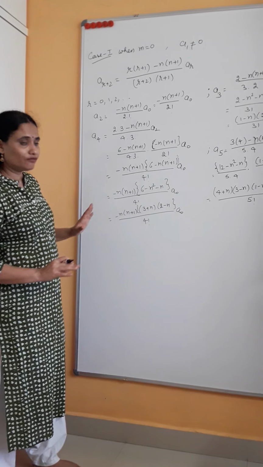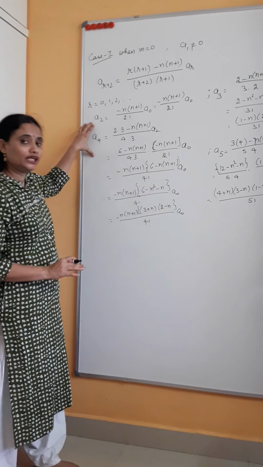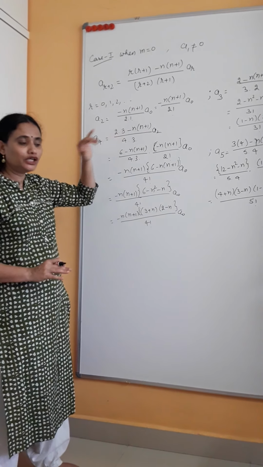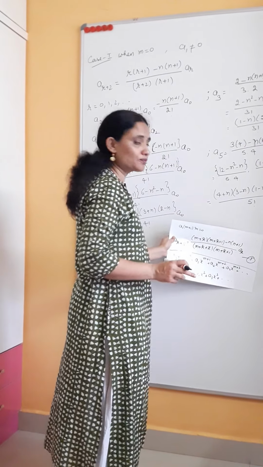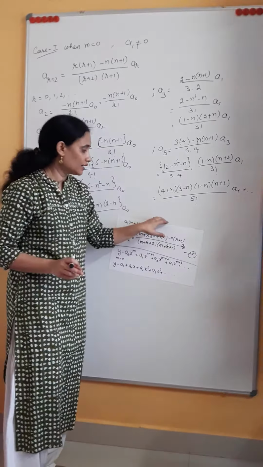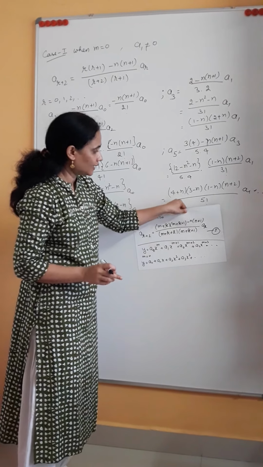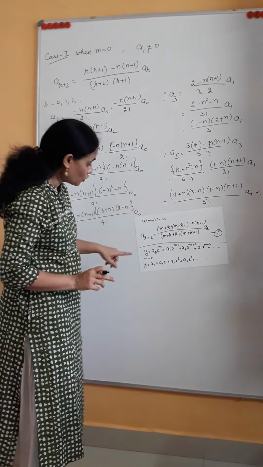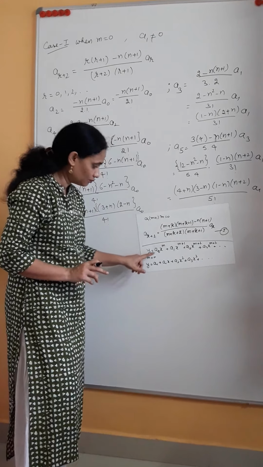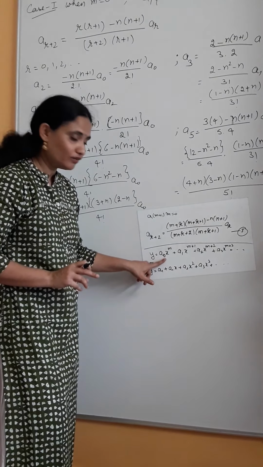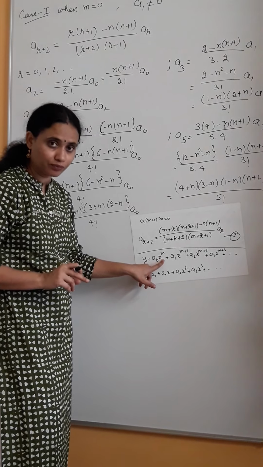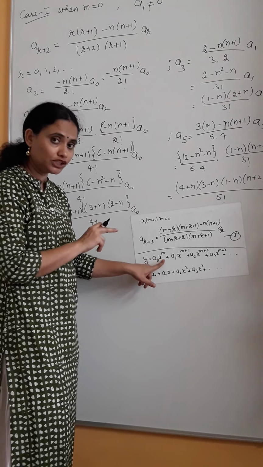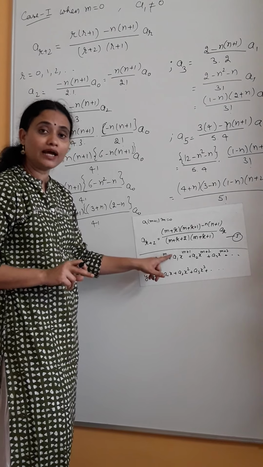So what basically we are doing? We are substituting these constants in equation number 2. So what was equation number 2? If you remember, equation number 2 was summation over r, a_r x power m plus r. So if I expand that equation with respect to r, when I take r equal to 0, I will get a naught x power m. You should verify, you see that equation number 2 has x power m plus r.